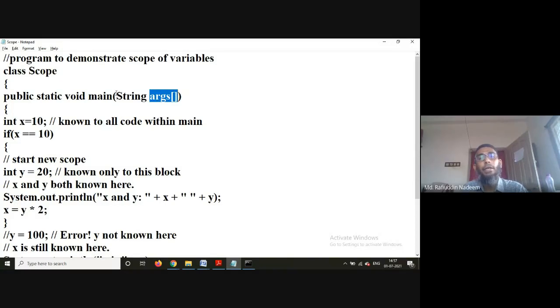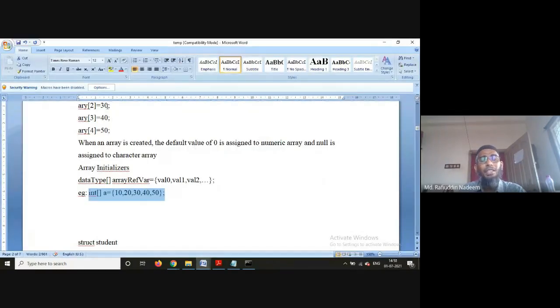Here the memory is not allocated, but once you pass strings at the command prompt, an array is created with the size equal to the number of strings you pass, and the respective strings are stored in it. That's why we say that Java is a dynamic language. A lot of activity is done at runtime. Automatically the array is created and then the strings you pass at the command prompt are stored. So like this also you can assign. When you assign it, the array will be created and the respective values will be stored in the array.